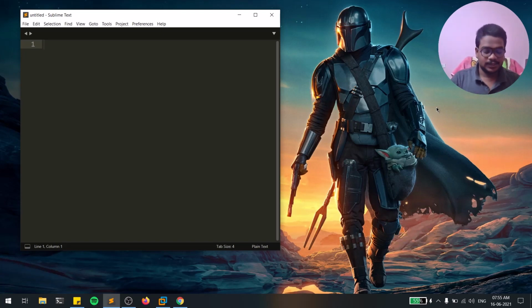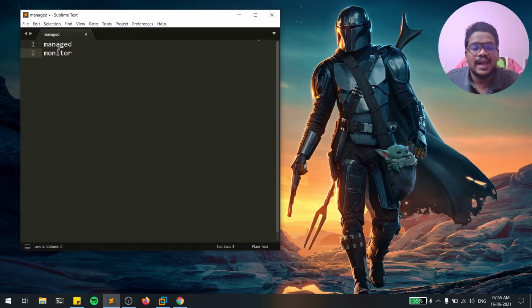So let me tell you, in all our Wi-Fi adapters there are two modes. A Wi-Fi adapter is nothing but a device that helps us connect to a Wi-Fi network. The two modes are managed and monitor. Most of the time, managed mode is where all our Wi-Fi adapters are by default.